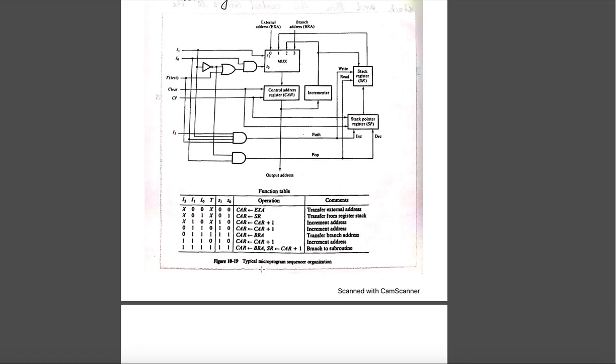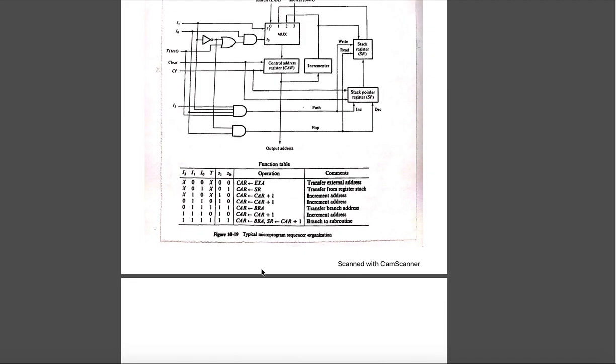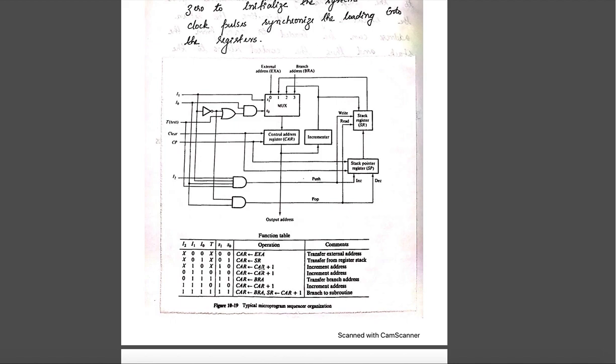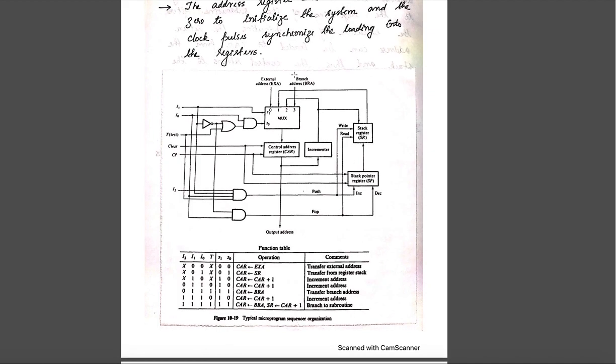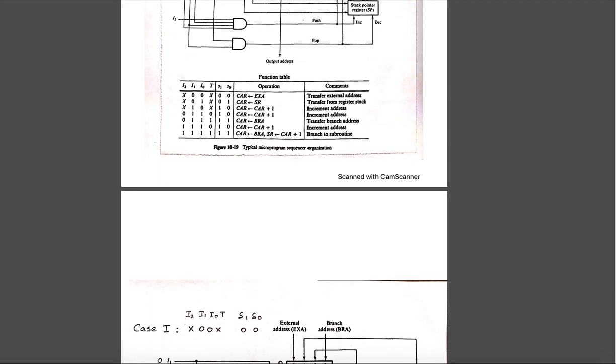These are the different 7 cases of how a microprogram sequencer works. You needn't explain all these 7 cases, it is just for understanding purposes. I have explained with all the different cases. You just have to remember this sequence diagram and the different cases depicted in the function table. That's all you need to write for the exam with the functionality of each thing, but you needn't separately mention each case in detail as I've explained now. Okay.